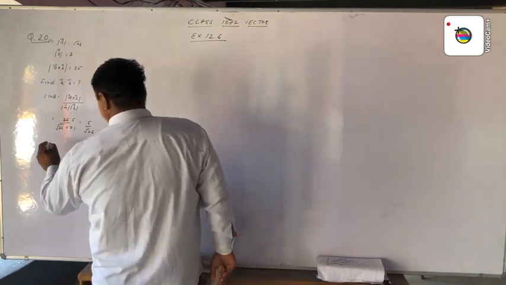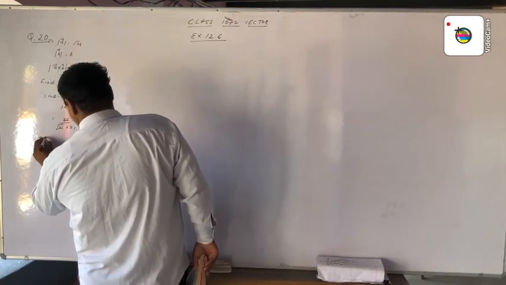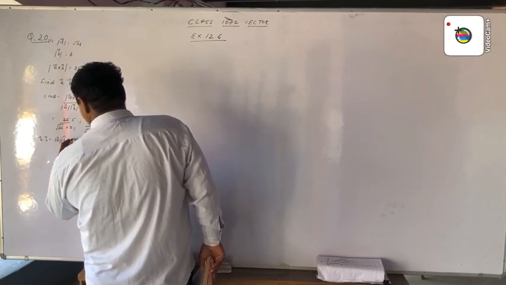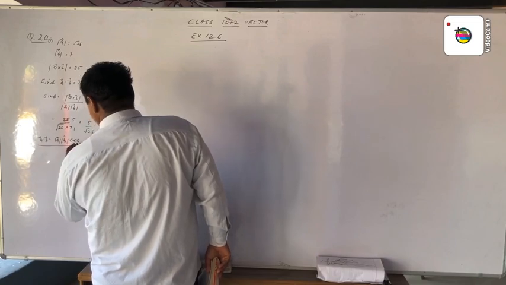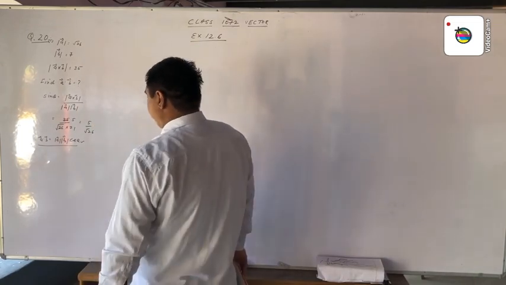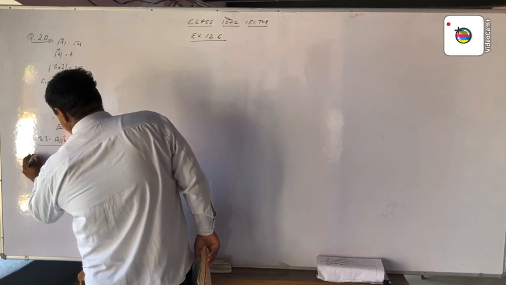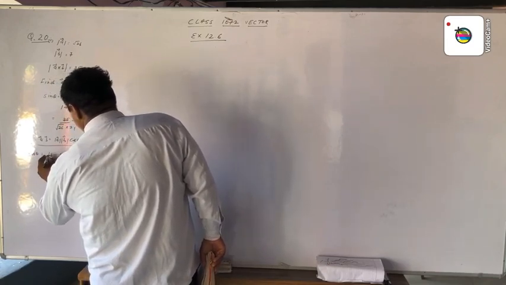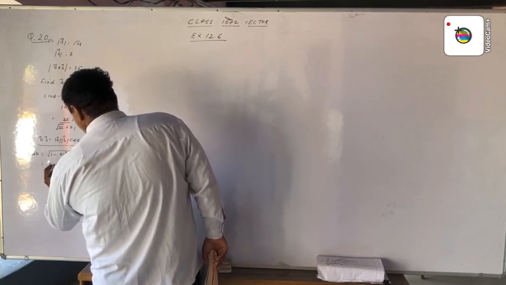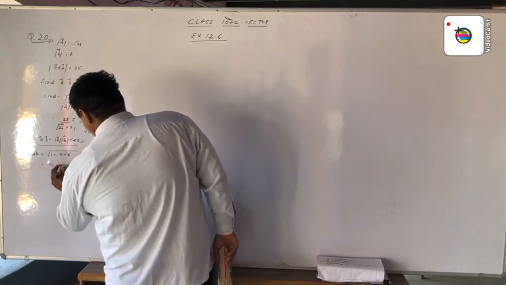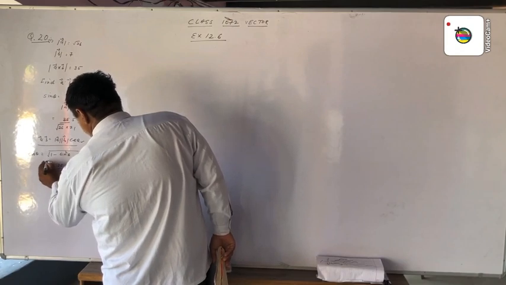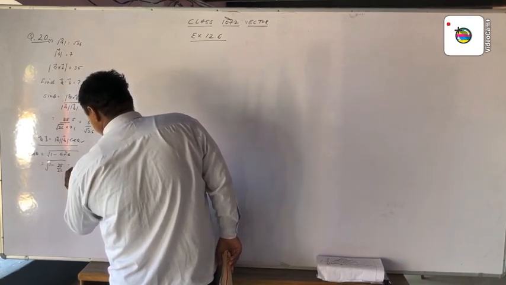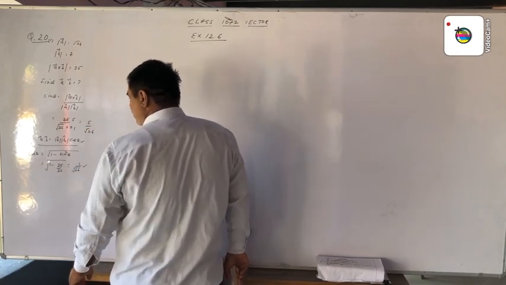Now A dot B says that vector A dot vector B is equal to the magnitude of A times the magnitude of B times cos theta. This is the given condition from exercise 12.5. Now we have to find the value of cos theta. Cos theta is equal to the square root of 1 minus sin square theta. Now we find the square root of 1 minus 25 by 26. 26 minus 25, we get 1 by root 26. This is the value of cos theta.